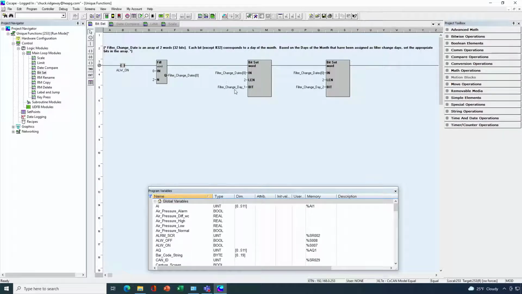Okay, so I have a variable that is set from the touchscreen that basically is the day of the month I want to change it the first time, and the day of the month I want to change it the second time. So for instance, it could be the 14th and the 28th, for instance. And then that will set the bits of our day of the month double integer flag variable. And then